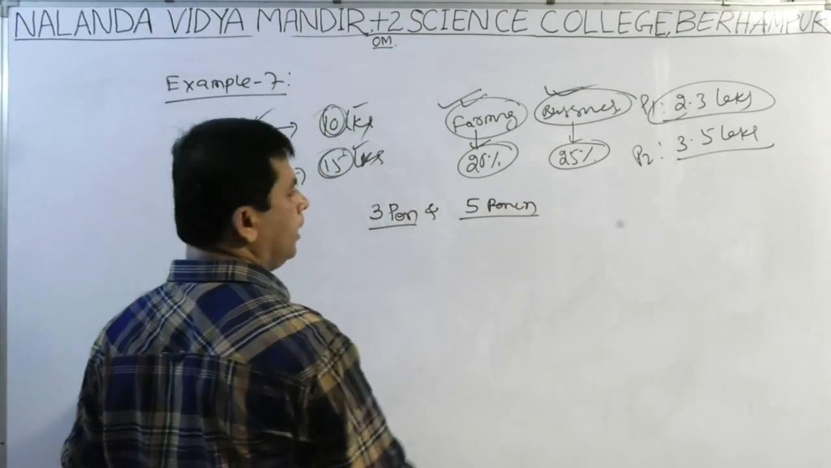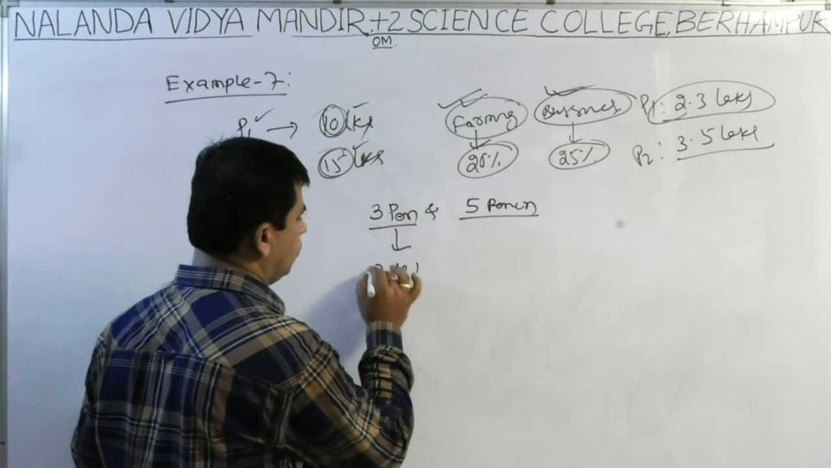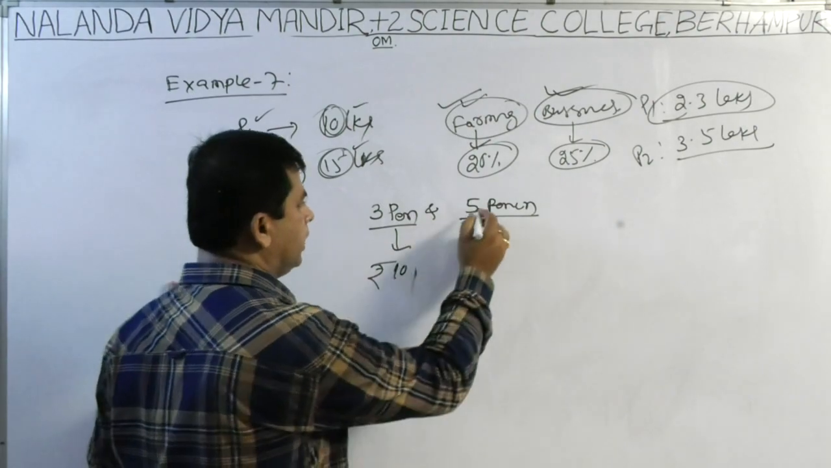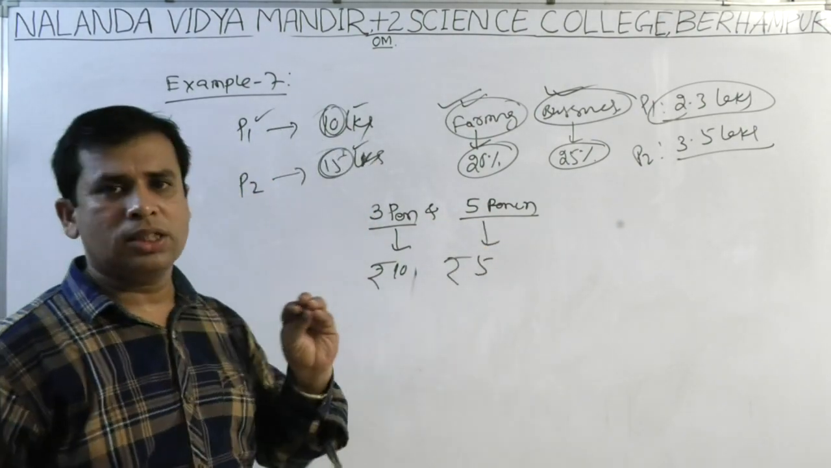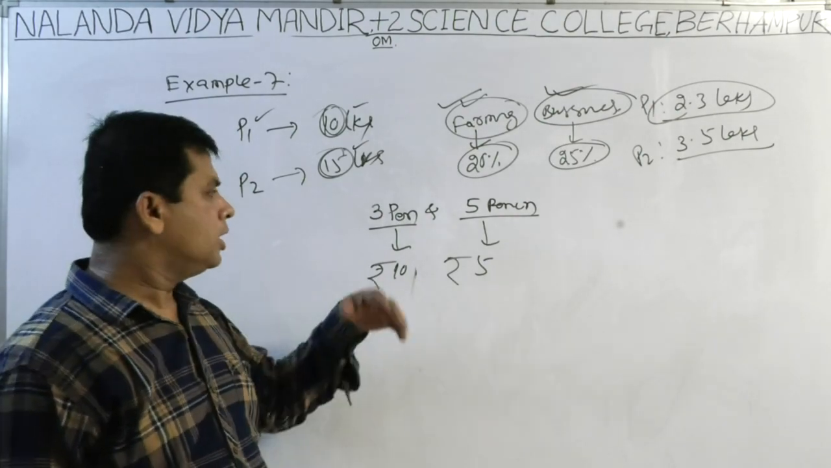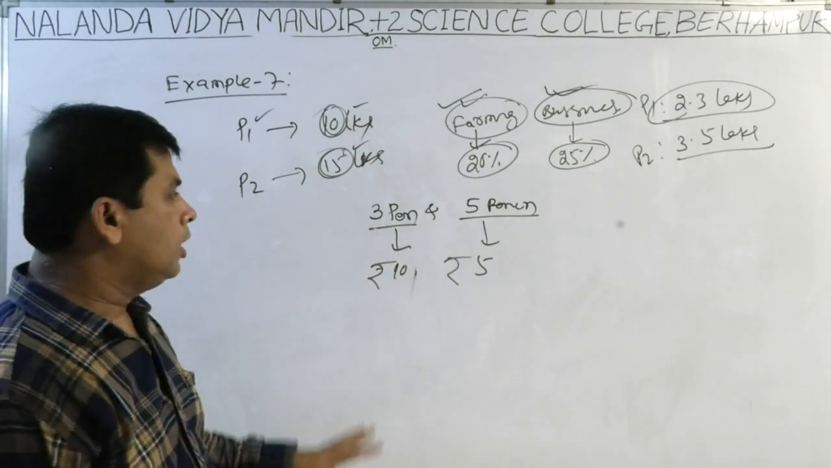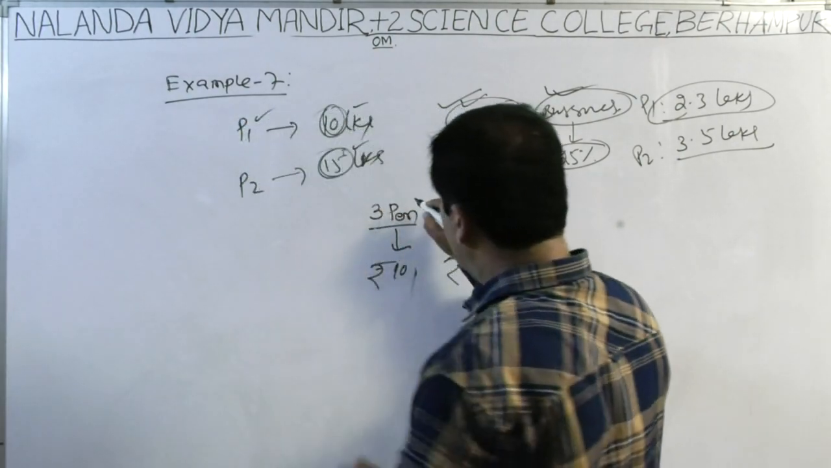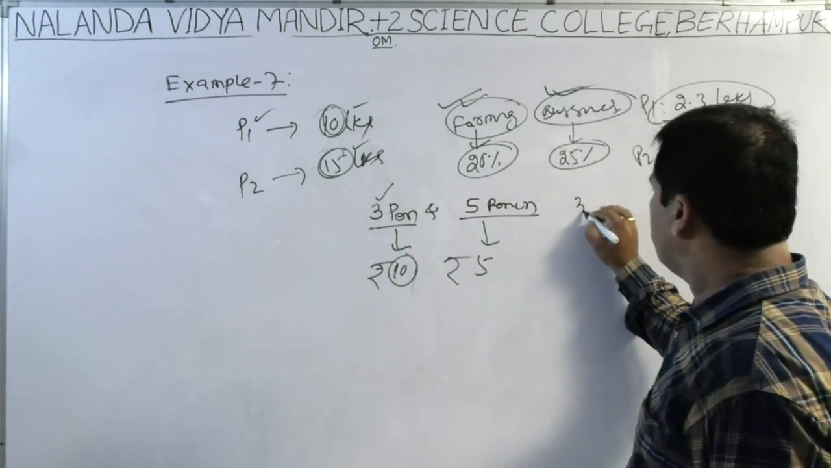3 pens and 5 pencils. If one pen costs 10 rupees and one pencil costs 5 rupees, how much do we spend on purchasing 3 pens and 5 pencils? If we multiply, per pen is 10 rupees, and we purchase 3 pens, therefore the total amount is 3 into